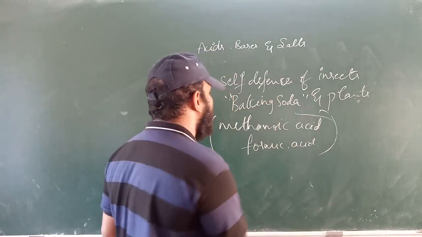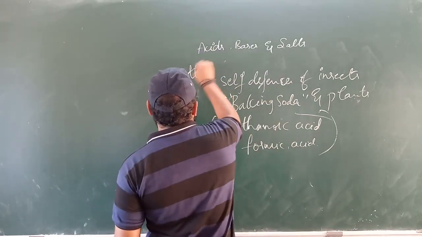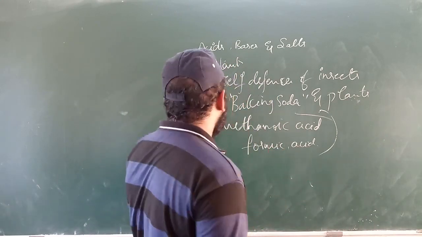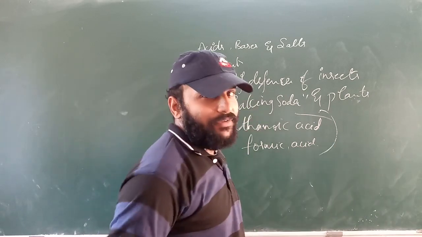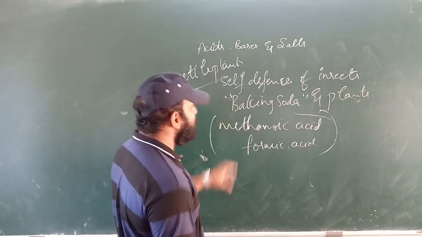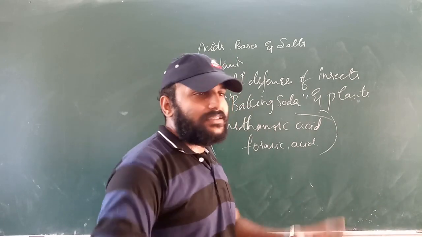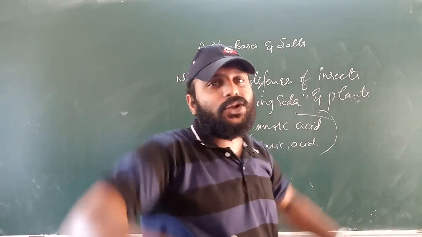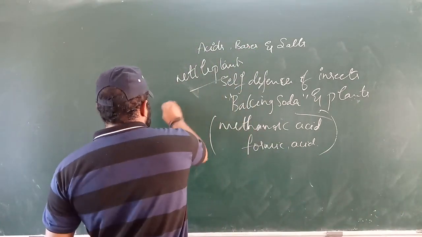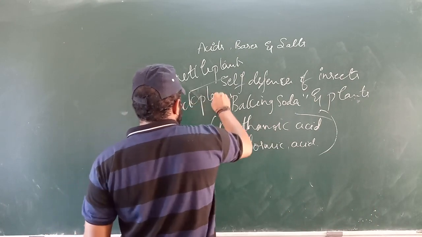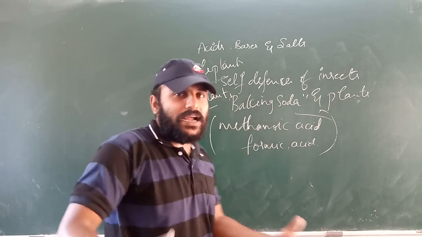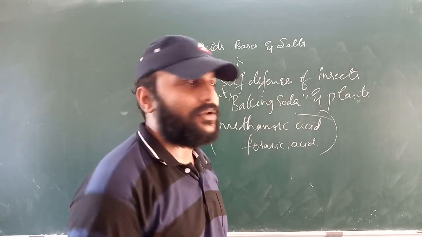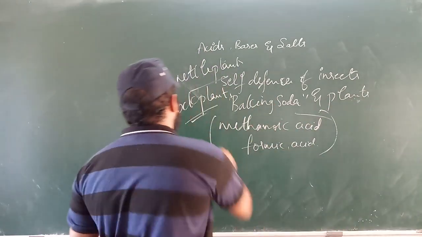Okay. Coming to the plant, there is some sort of plant called the nectar plant. When you walk on an area that contains nectar plants, that plant also injects this type of acid, methanoic acid. As nature has a remedy, in that same region where the nectar plant is present, there is one more plant called the dog plant.